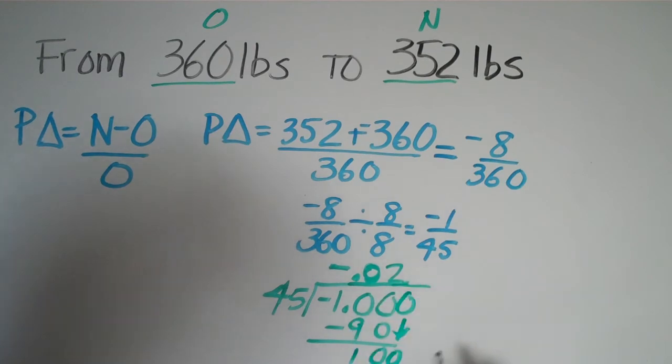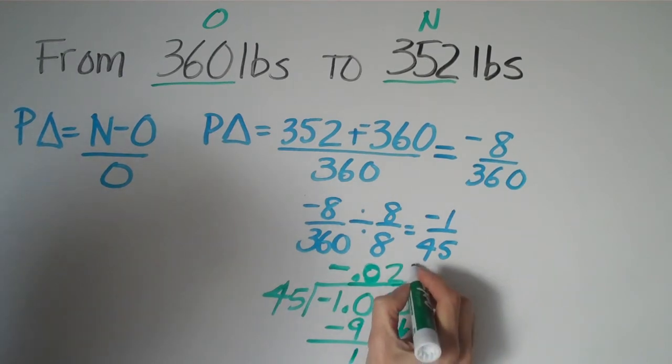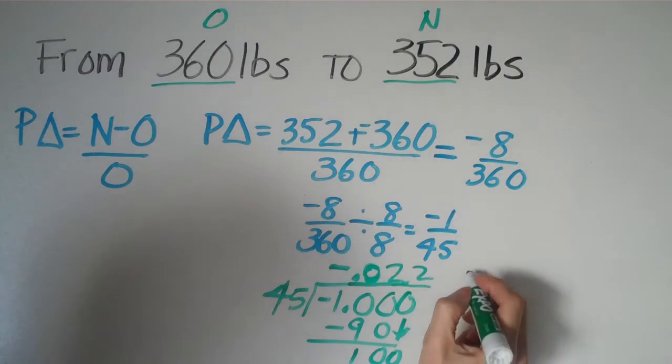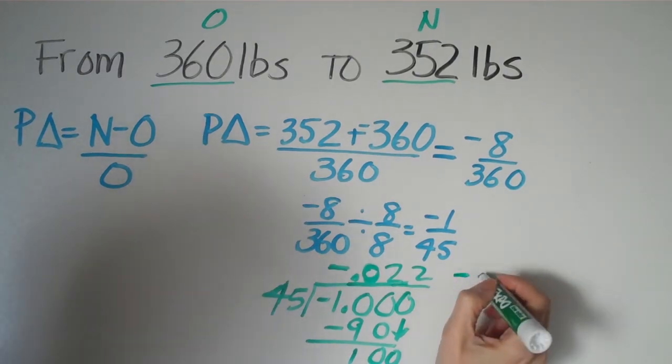And what ends up happening here, you can tell pretty quickly, is we're going to get this repeating 2, because it's just going to keep happening again and again. So what you have here is your final answer is negative 0.022, which is tens, hundreds, thousands, which is negative, I'm going to rewrite it right over here, negative